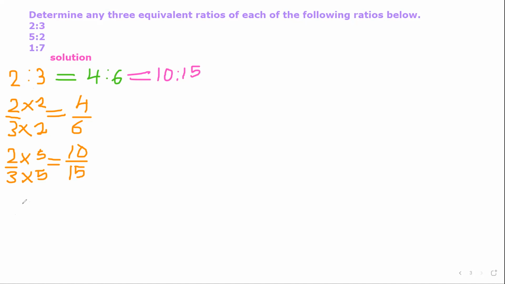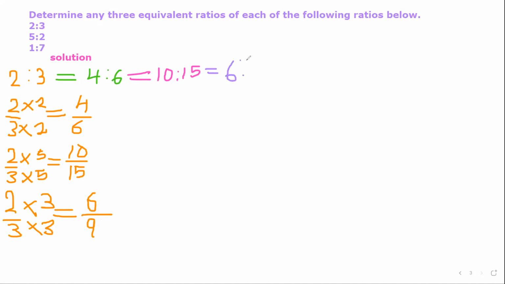Exception of 1. You see that the numbers or the digits will change, and when you do the cancellation, you still get the same thing. So when you have 2 over 3, you can decide to multiply by 3. So here 3, the same thing 3 here, okay? Then we get 6 over what? Over 9. Good.